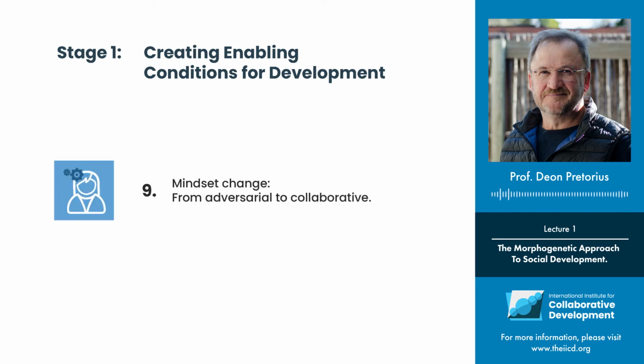The mindsets need to morph. They need to morph from a perception that growth and development is not possible towards one which says it is possible, and particularly a mindset that says that change is only possible by way of confrontation, to a mindset that says change is possible through collaboration.